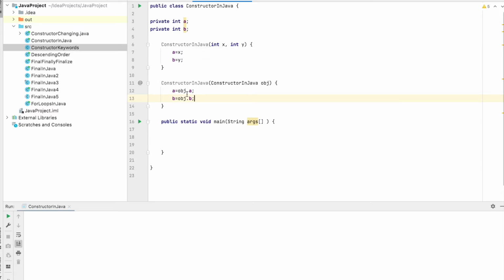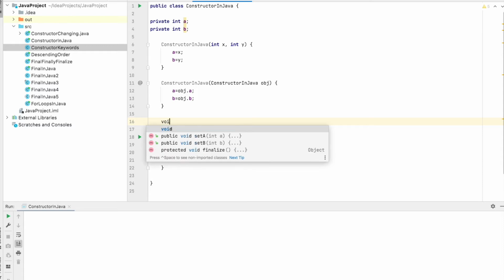What do obj.a and obj.b mean? The current object holds the a and b values, so they will be different from a and b because they are associated with the object. Now let's create a method which will display the value.